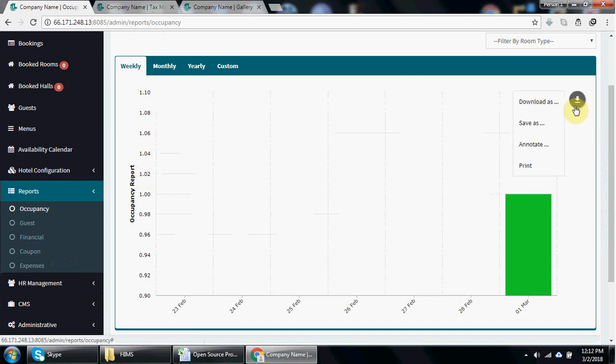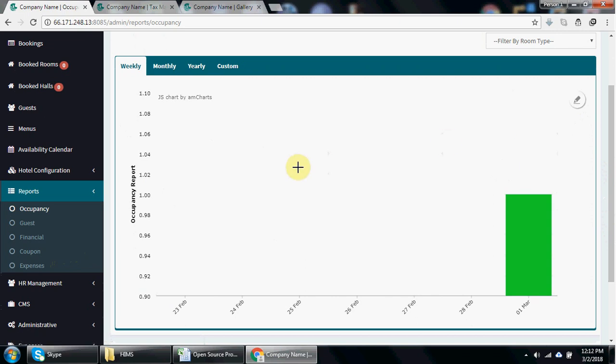What else does this system give us against the report functionality? We can download the report in PNG, JPG, SVG or PDF format. We can save it as CSV, XLS or in a JSON format. We can add the annotation, like if you want to write something over here,